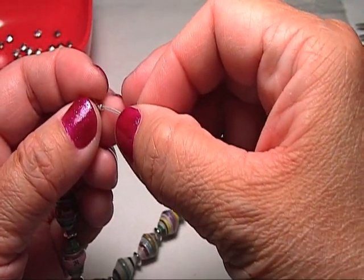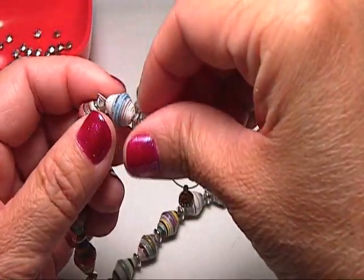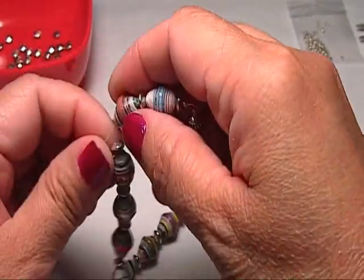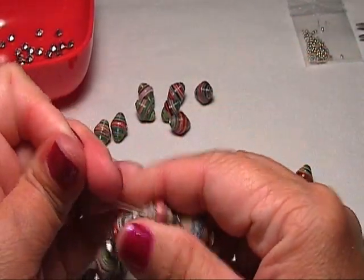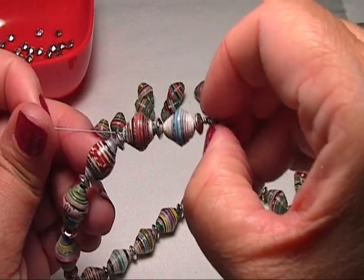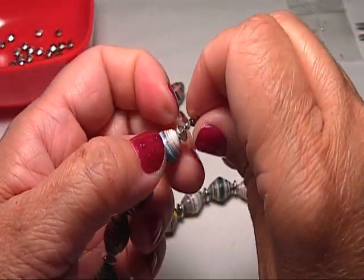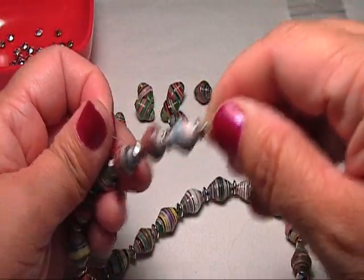This is your crimp bead right here, and just put it through two beads to hide the string, and then just kind of give it a tug like so. Just make sure that you have enough room for your clasp to move around so that it's not stiff. Okay, now that you have that in place, enough room,